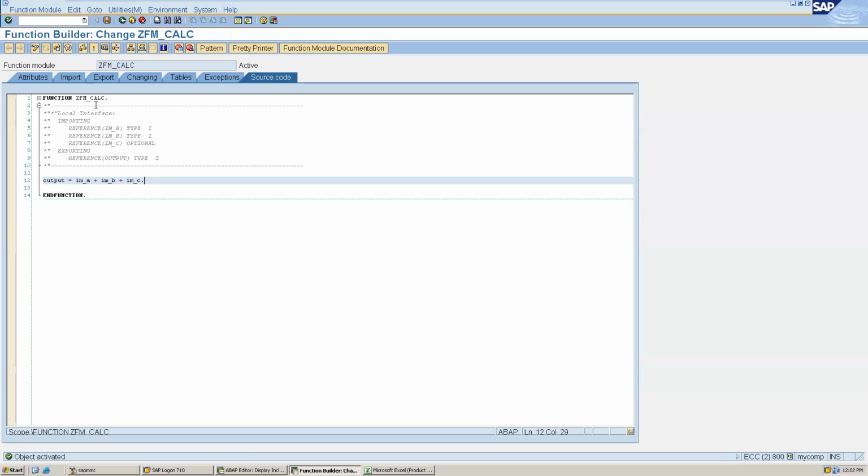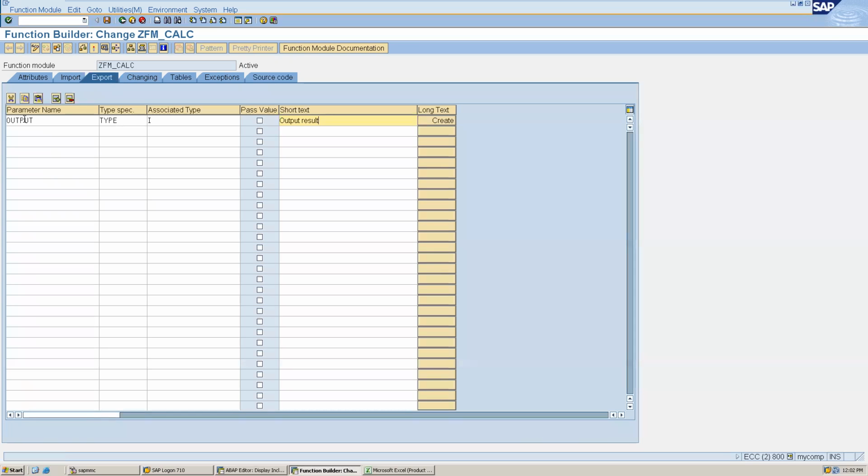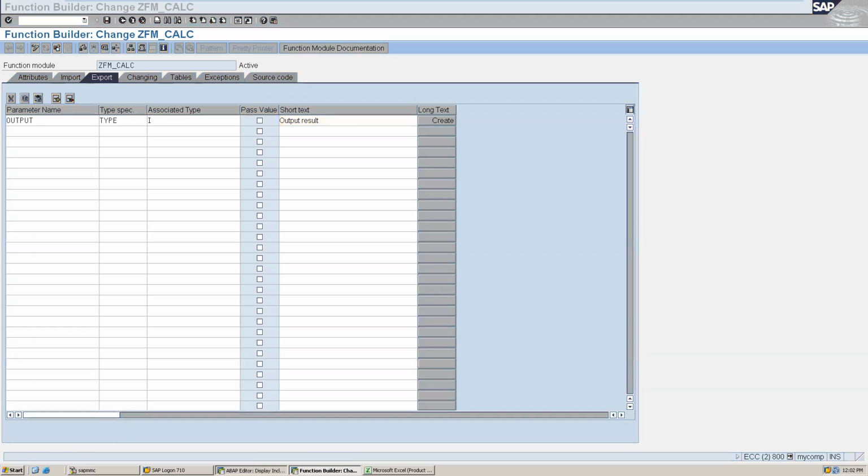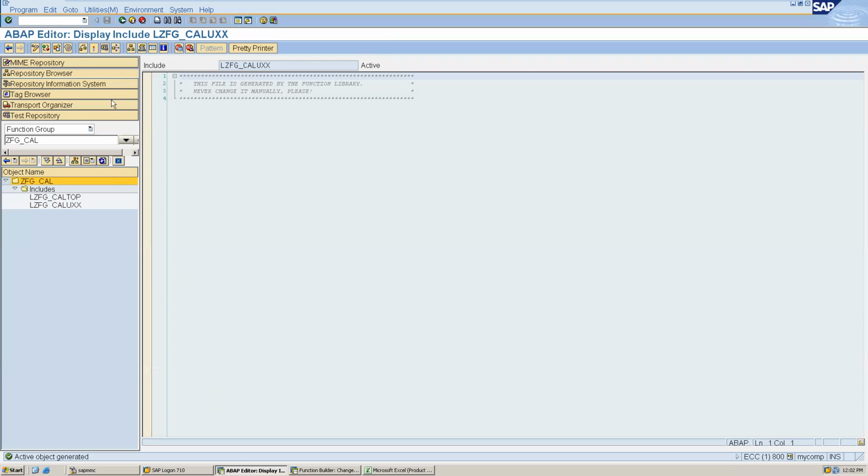You can see this is activated. This function module does the small operation of the sum of three numbers and stores it in the exporting parameter, which is output. Right.